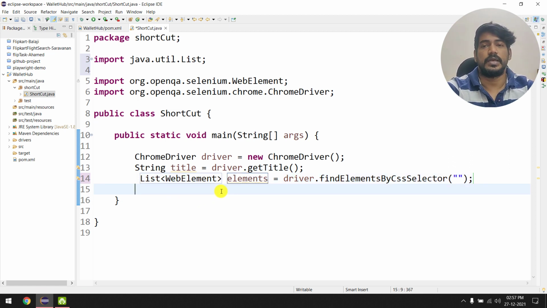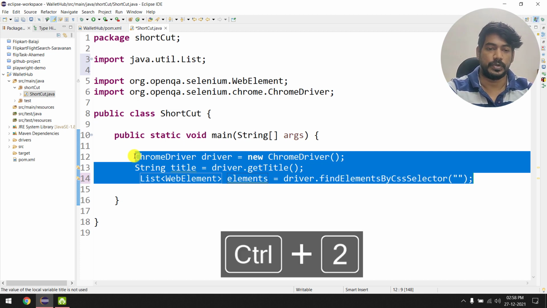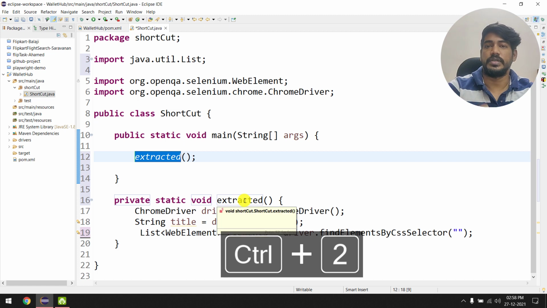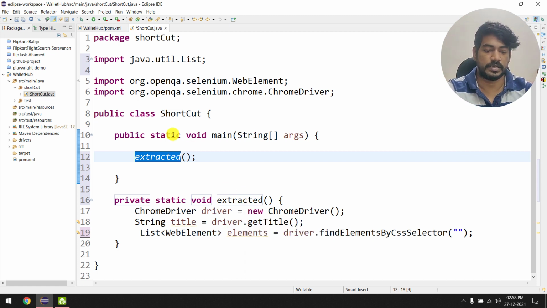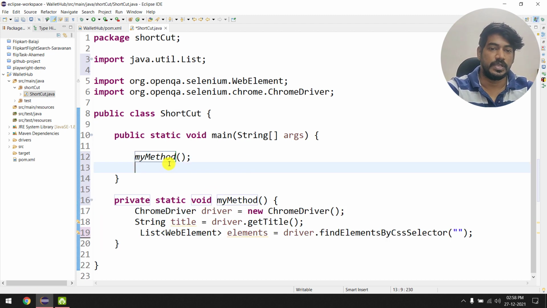It's a very simple and very useful shortcut. Similarly, if you want to convert this into a reusable function, you can simply press Control 2 M, that will change it into a method, and here you can simply say my method, something like that, and that's it. We are able to convert a number of lines into a method. You can even go to the settings and change this to Control M or maybe Control dot M, as per your convenience. So that's it. I think this is a very useful shortcut, and I hope you enjoyed this little shortcut.